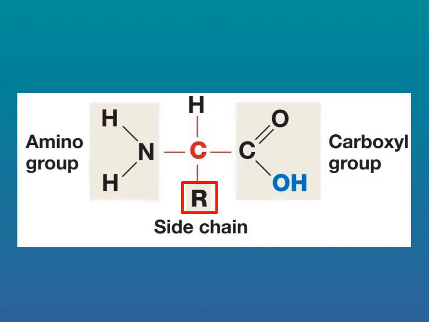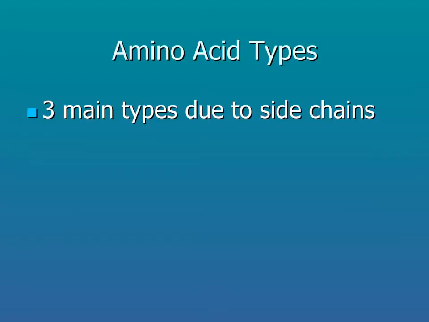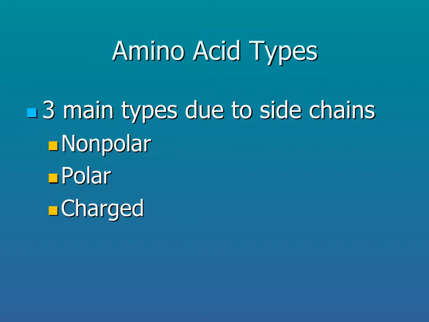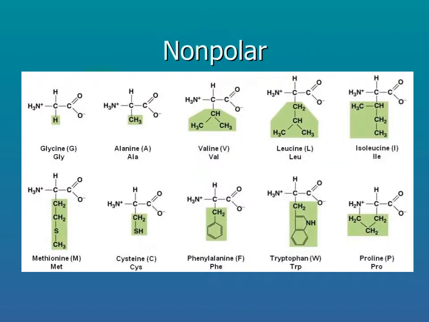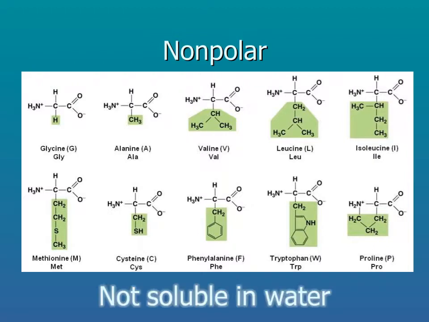If you recall, the amino and carboxyl groups have special properties in neutral pHs. There are three main types of amino acids based on their side chains: nonpolar, polar, and charged. These are the nonpolar amino acids. The side chain of each amino acid is in the colored area. The letter in parentheses by the name and the three-letter code underneath the name are two different ways you can abbreviate the amino acid. The nonpolar amino acids have side chains that do not have a complete or partial electric charge, and are therefore not soluble in water because they do not interact with polar water molecules.